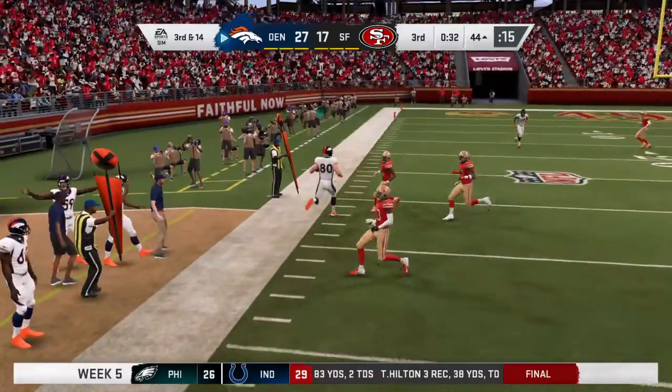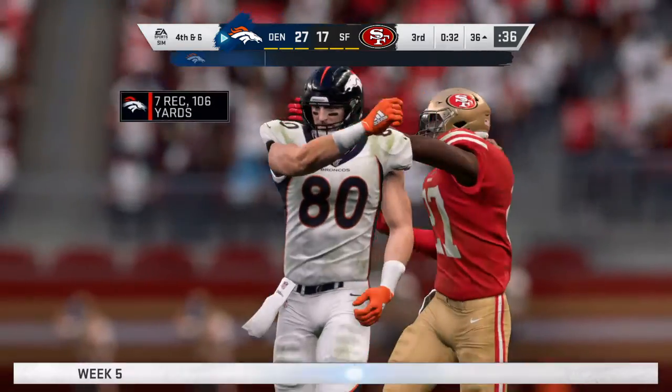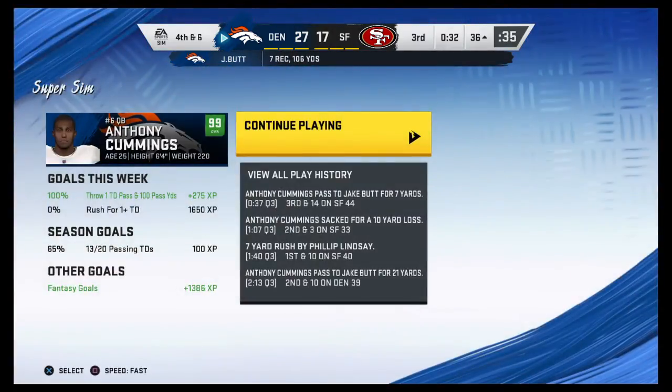That's complete to Jake Butt. And he'll go out of bounds after taking it a little further down inside the 40. They get 7 there, but it brings...